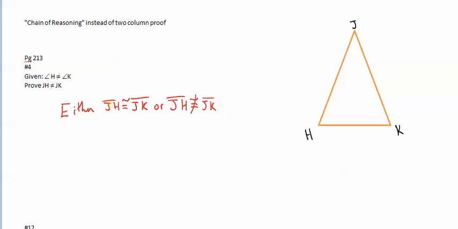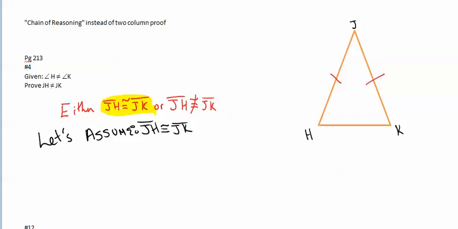Let's just say or pretend that it is going to be congruent. So we'll mark our diagram appropriately that JH would be congruent to JK. Well, if those two segments are congruent, then we would know